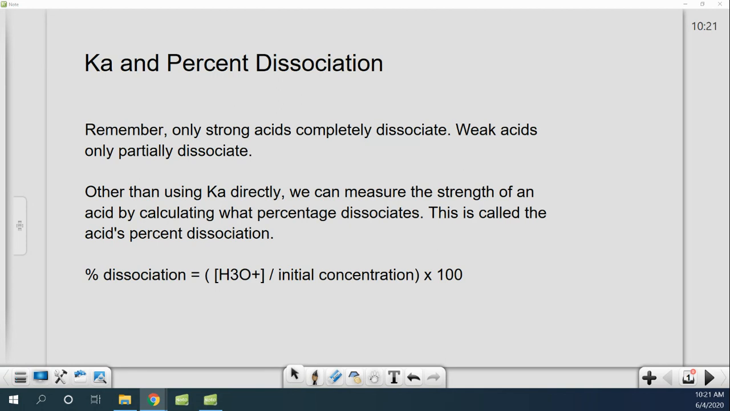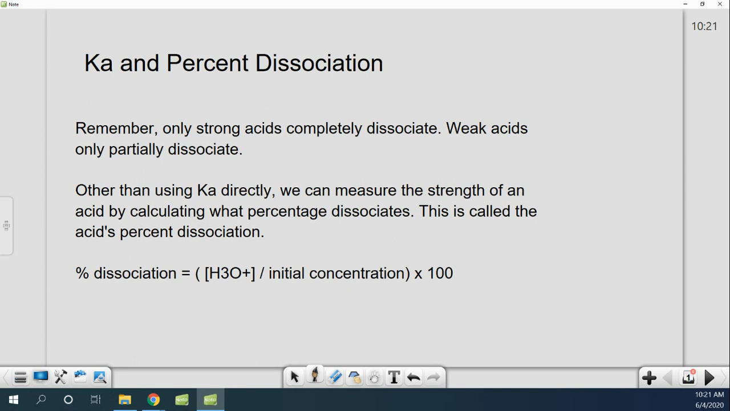If you remember, only strong acids completely dissociate, and again, weak acids partially dissociate. And so we've been measuring up to now, we use Ka to figure out how weak or how strong something is. We compare it that way. Ka can be a bit of a pain to calculate sometimes. So other than using Ka directly,